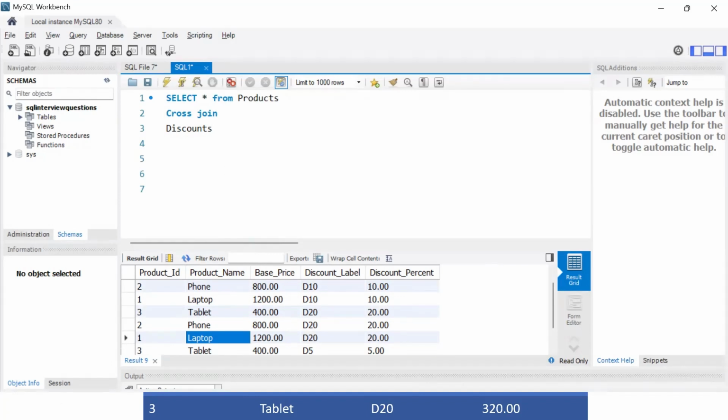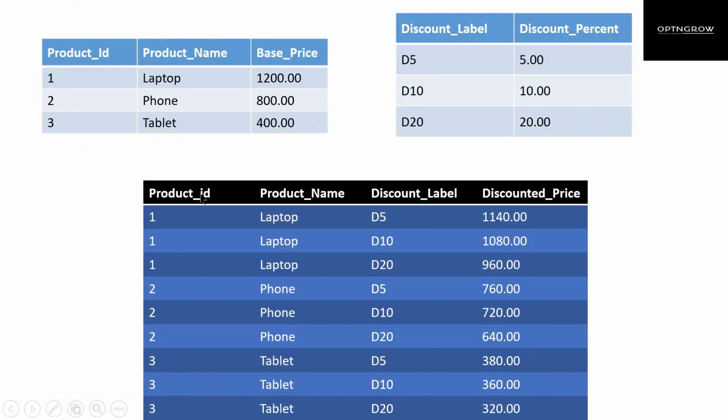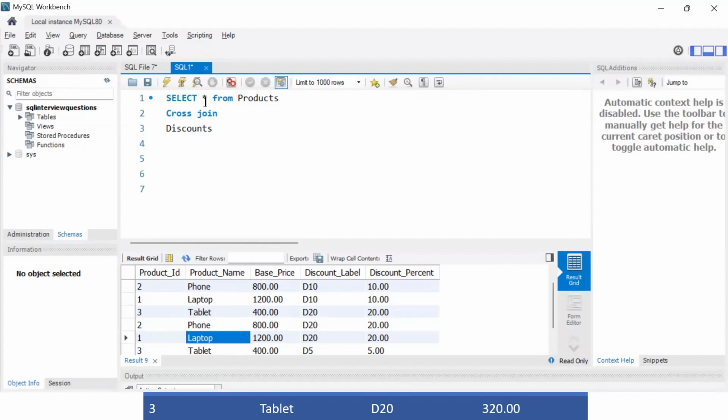Okay. Now, that's not the only requirement. We have more requirements. So let me quickly show you the output. Here we have to show product ID and name, which are coming from the product table, and discount label, which is coming from the discount table. So let me quickly add these columns. I'll give an alias to product and the same for the discount table.